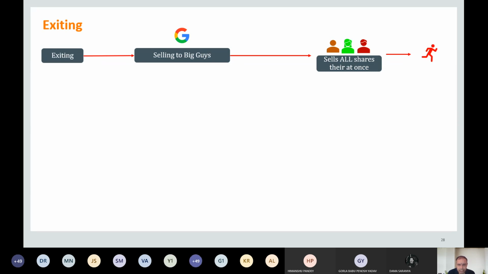But this big company will ask you to stay on with some liability. What they will tell you is, because Google will pay money to these investors, they will send you out. But whereas,